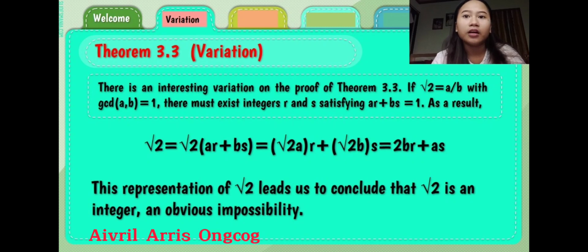Our square root of 2a is equal to 2b, and our square root of 2b is equal to a, so that is 2br plus as. Our a corresponds to the square root of 2b, and the square root of 2a corresponds to 2b, and that will be our value. After that, we can write